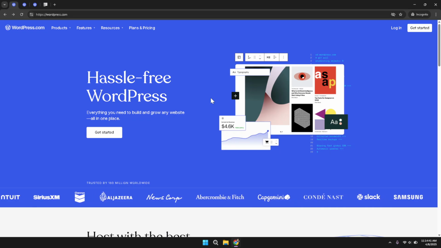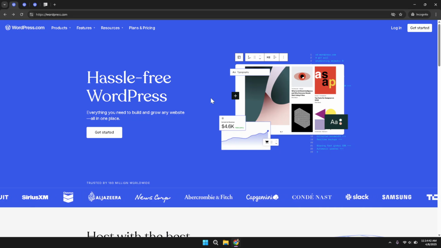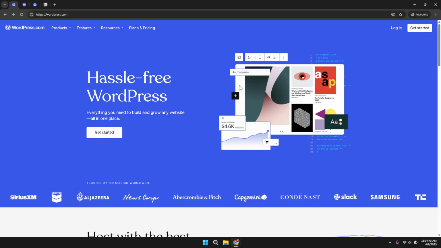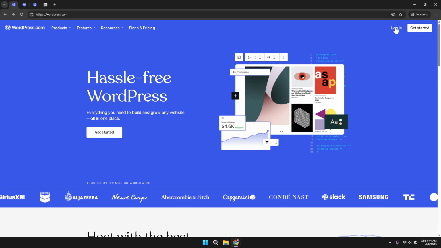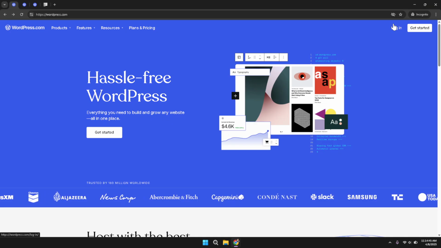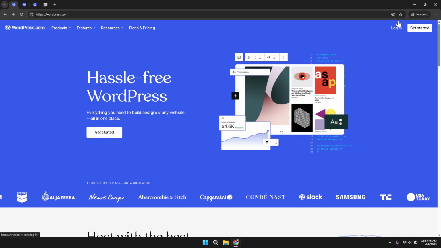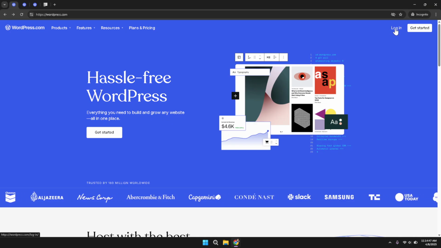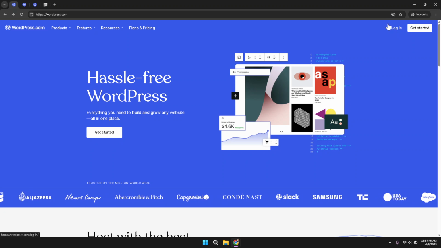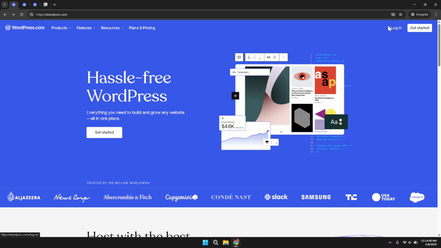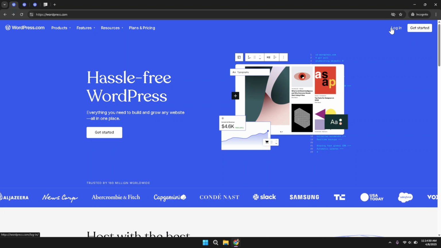Open your web browser and head over to WordPress, where you will begin by finding the homepage of the platform. After the site loads, move your cursor to the top right corner where you will see the login option. Clicking on login will allow you to access your WordPress account. This is the gateway to all your website settings and customizations, so ensure that you are on the correct WordPress